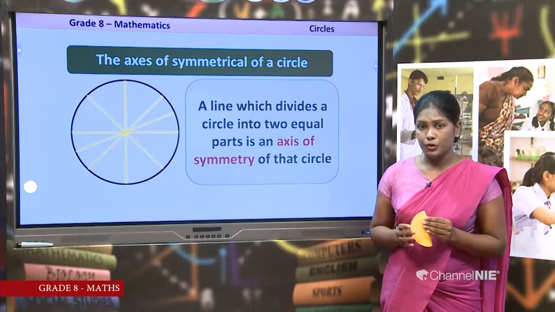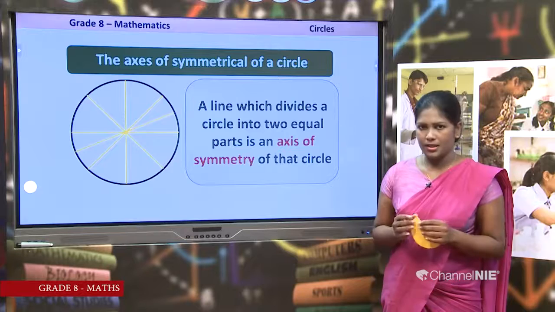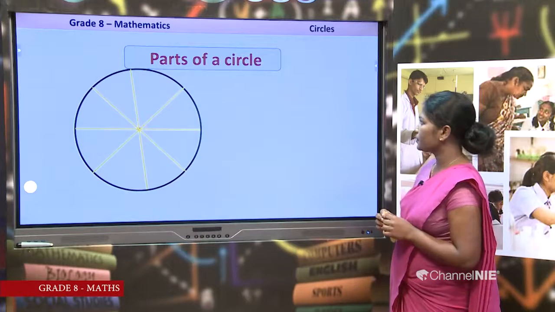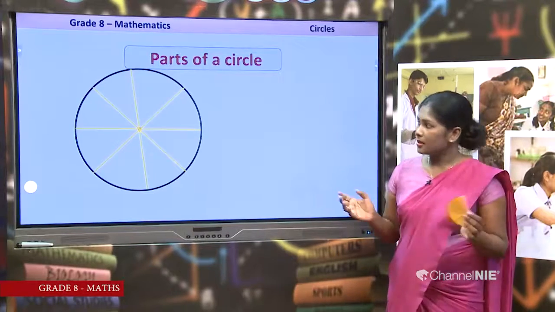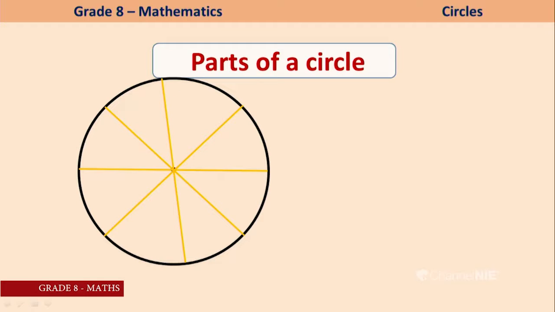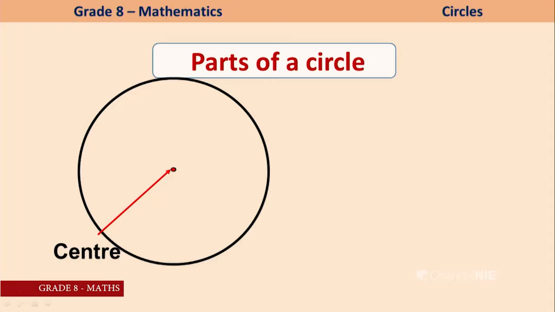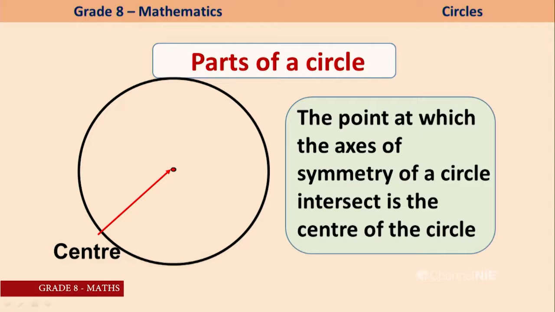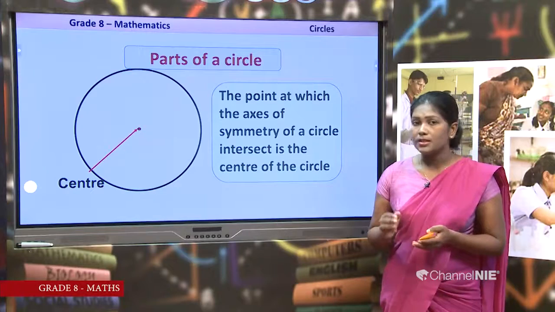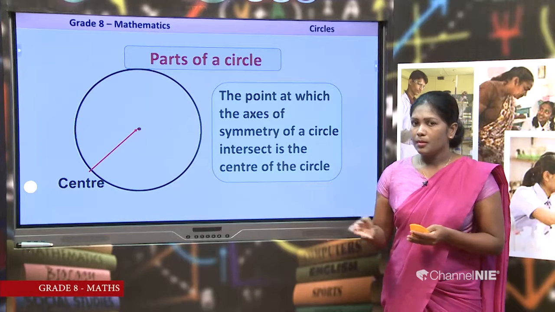And next, move to the parts of a circle. What are they? Look at that. Parts of a circle. There is a circle and there are so many symmetrical axes. They intersect each other. And that intersection point we can call center. So center means the point at which the axes of symmetry of a circle intersect is the center of the circle. Now you know what is the meaning of center. Next topic,